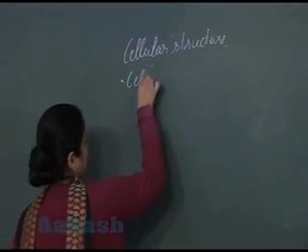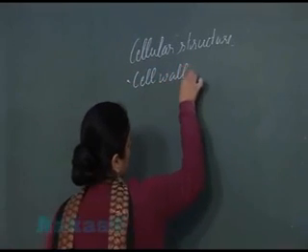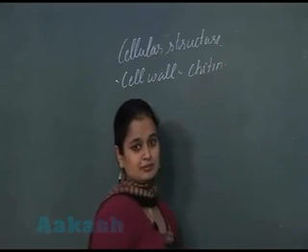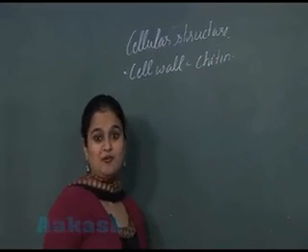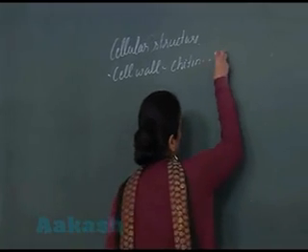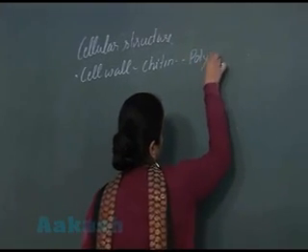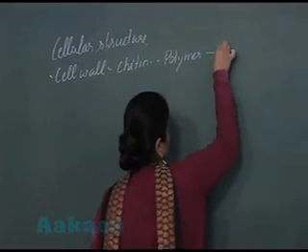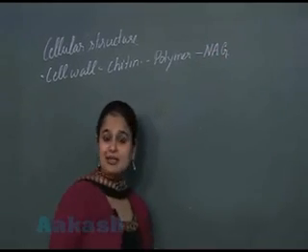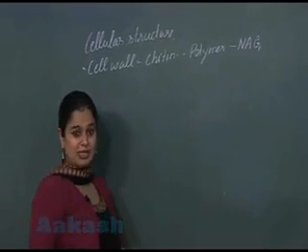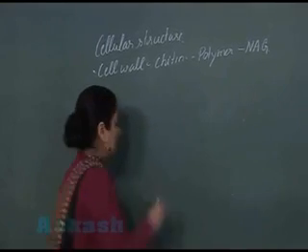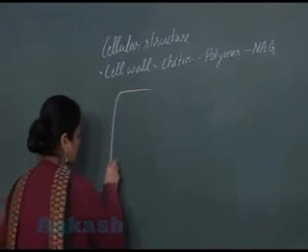Outermost covering, that is cell wall. Cell wall is made up of a polysaccharide, that is chitin. Chitin is a polymer of NAG, that is N-acetyl glucosamine, which we have studied also in the bacteria. तो ये हो गई outermost covering,